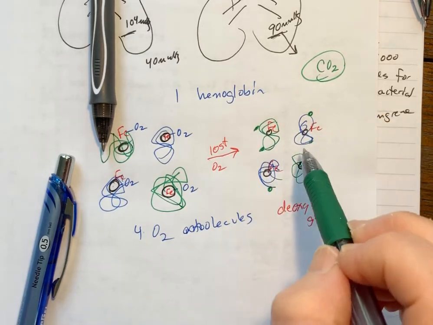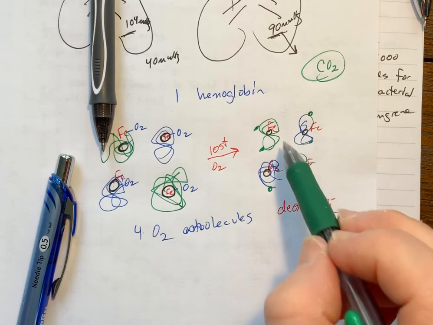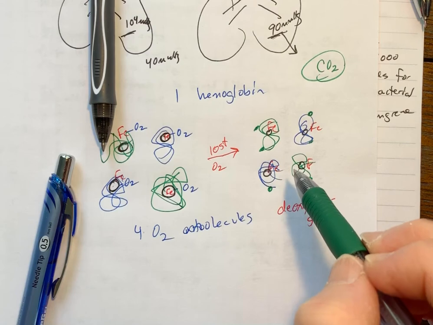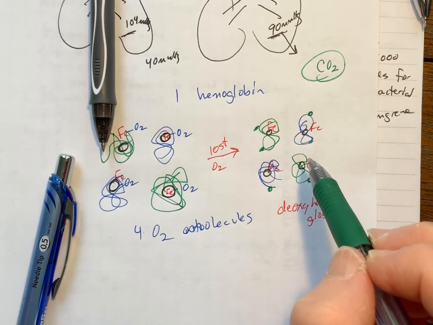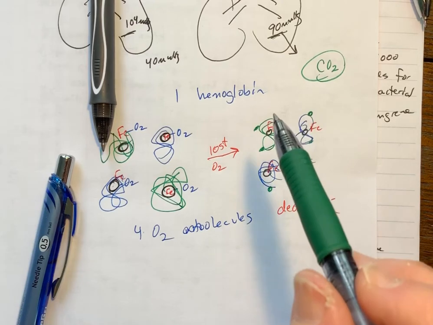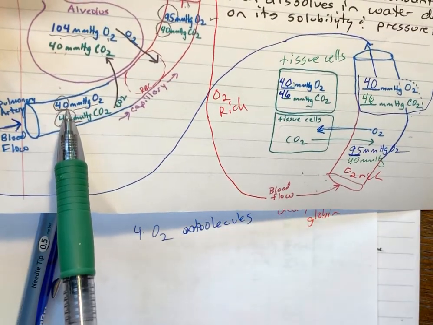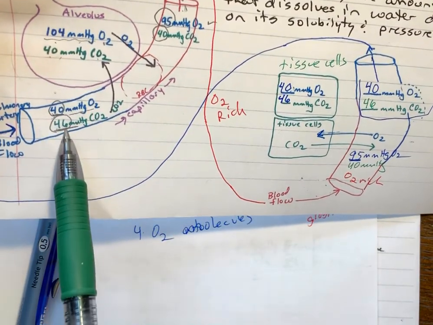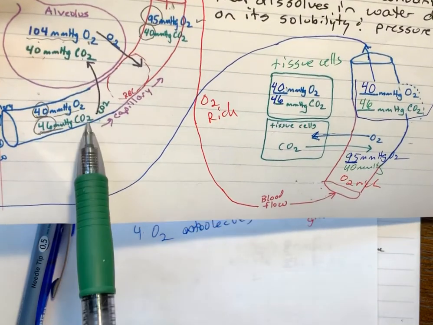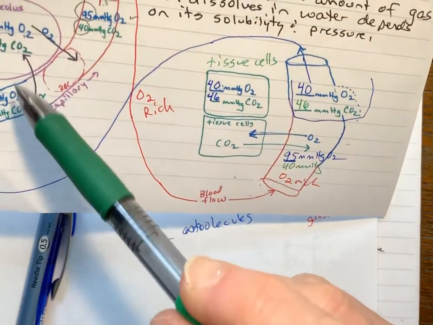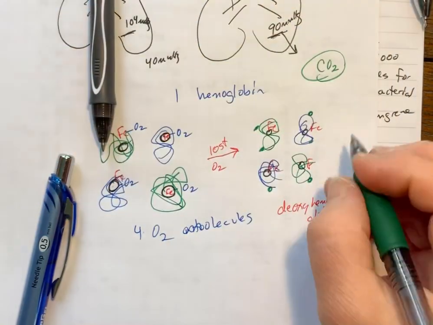And it may actually have an affinity. CO2 is probably more soluble than oxygen. It is more soluble than oxygen. However, due to the pressure gradient changes, remember the pressure gradient changes here? Oxygen was 104 to 40, and CO2 was 40 to 46. See, that's not a huge change for the carbon dioxide. And since it's not a huge change, that pressure difference causes the solubility rate to be a 1-to-1, okay?